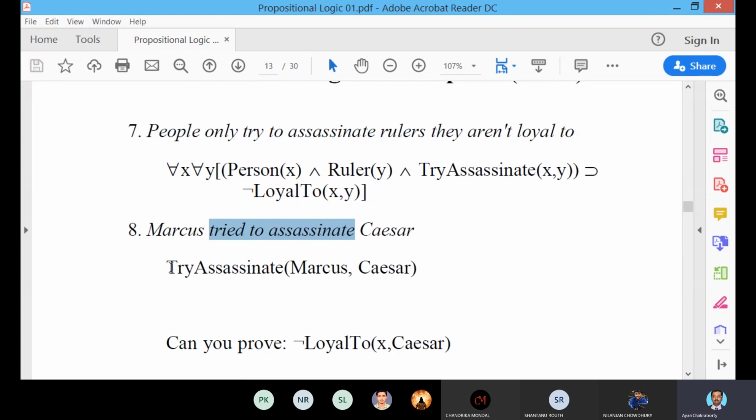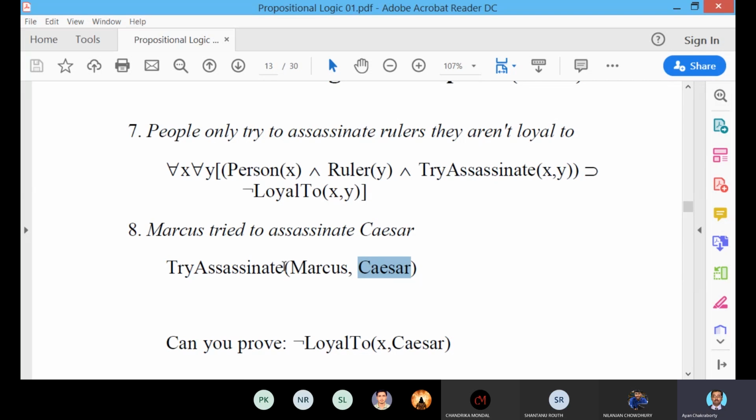So the WFF is very easy: try to assassinate(Marcus, Caesar). Here one thing you have to keep in mind: when you formulate a predicate like try to assassinate, within the brackets you mention the arguments, that is, the objects.